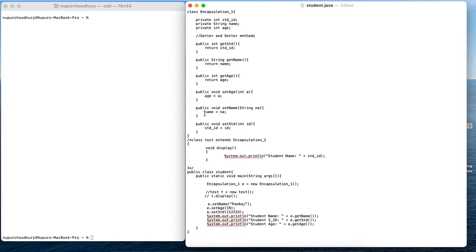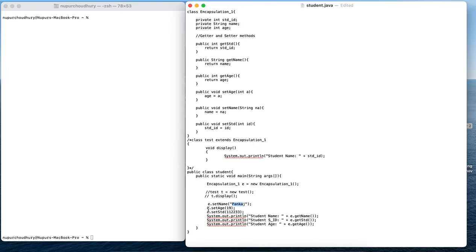So what was the name value? We will get it from here. The name value is Pankaj and it will return name. Whenever this method is called, we will return the name which was sent from the main method, that is Pankaj.